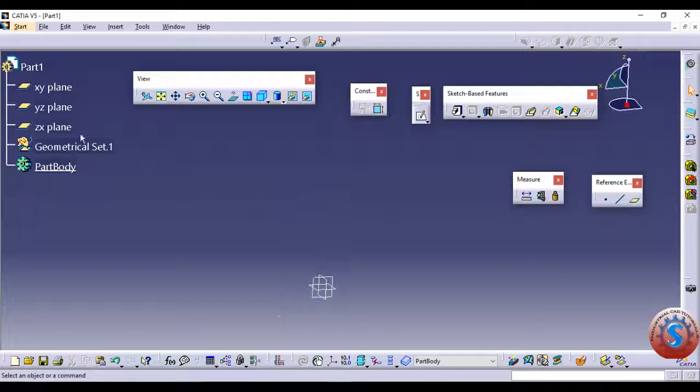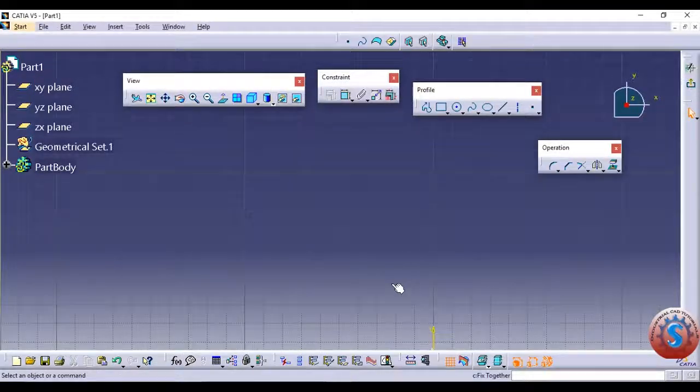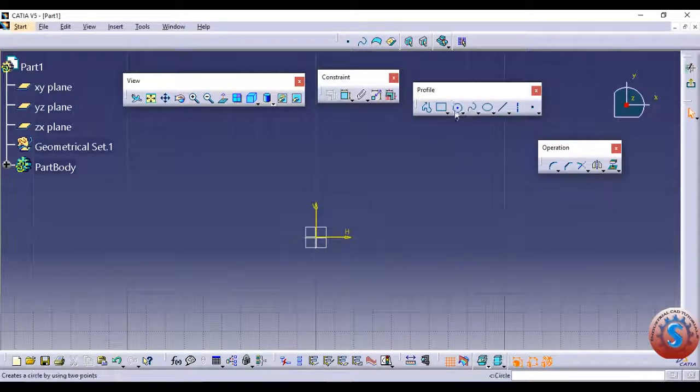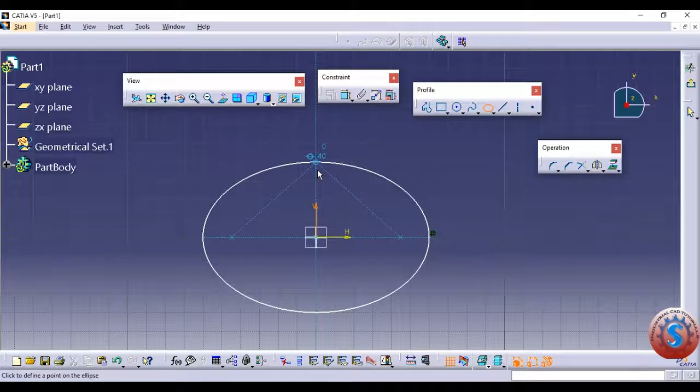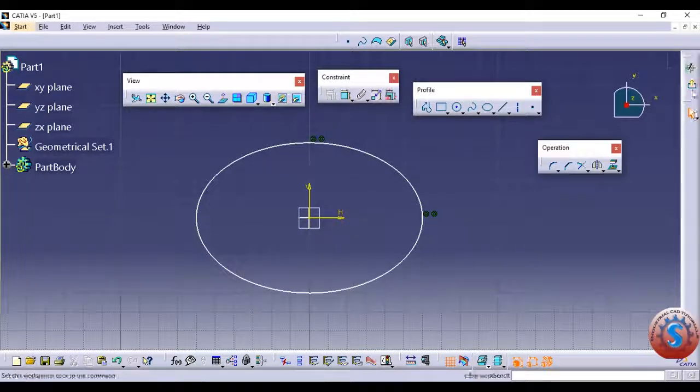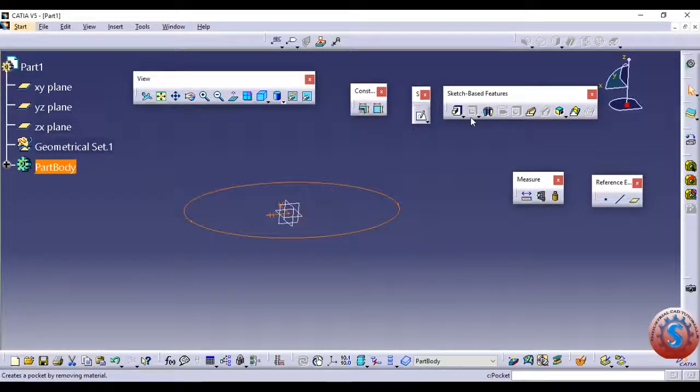On the XY plane also you can create the pad definition. I will show one example. You can observe one of the planes has one of the circles I created before using the reference element. Without the element, I am using the elliptical object over here and select the distance. If you want to constrain it to some distance, you can also constrain it, and go on to the exit workbench and go on to the drafted fillet pad